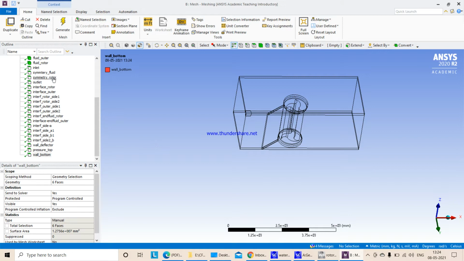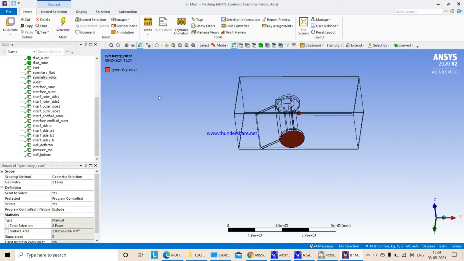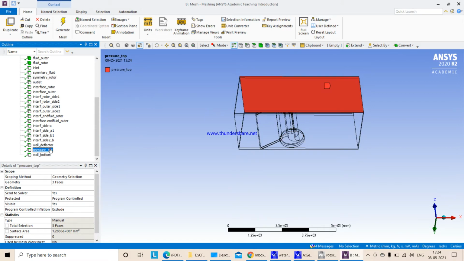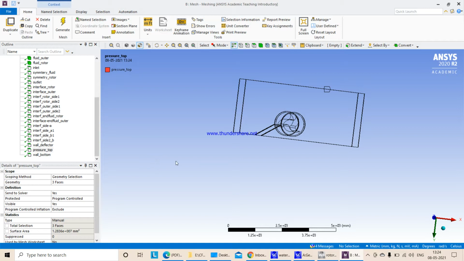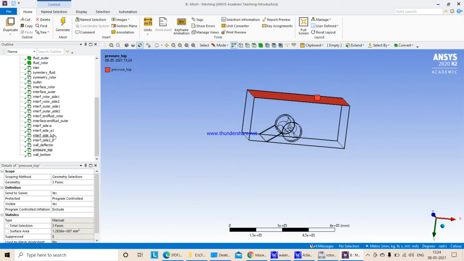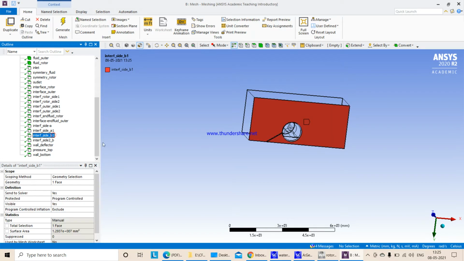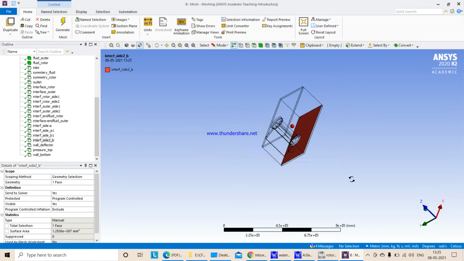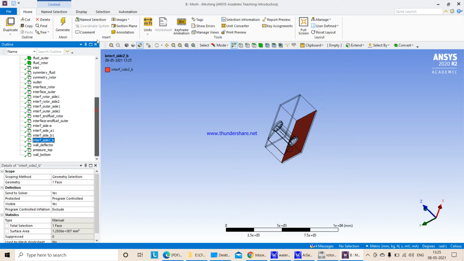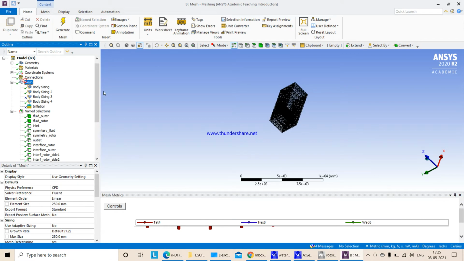The symmetry boundary condition is given at the top surface. The pressure top is converted into symmetry in Fluent. And this interface is created for the non-conformal mesh, because some faces are there that create multiple surfaces. Hence we have given the interface boundary condition for the fluid. Once the mesh is created and everything is okay,